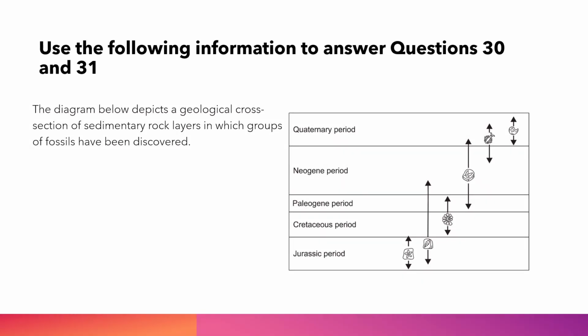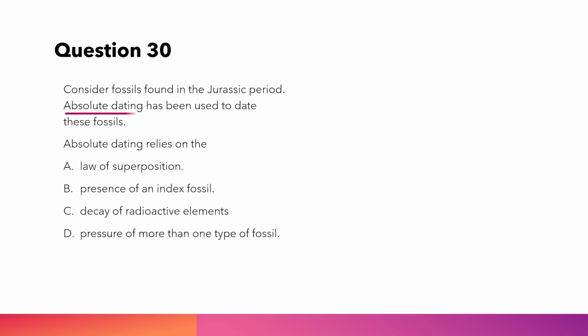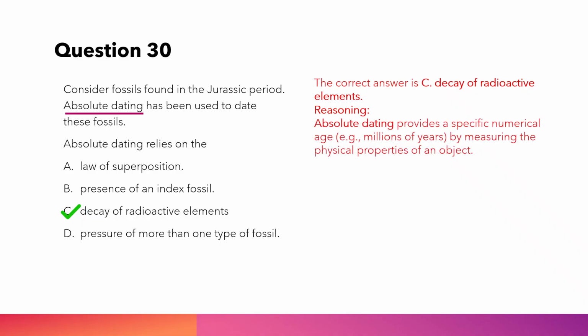The diagram below depicts a geological cross-section of sedimentary rock layers, in which groups of fossils have been discovered. The correct answer is C. Decay of radioactive elements. Reasoning: absolute dating provides a specific numerical age, e.g., millions of years, by measuring the physical